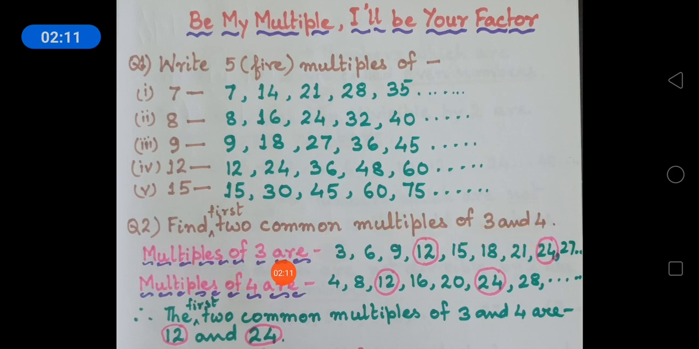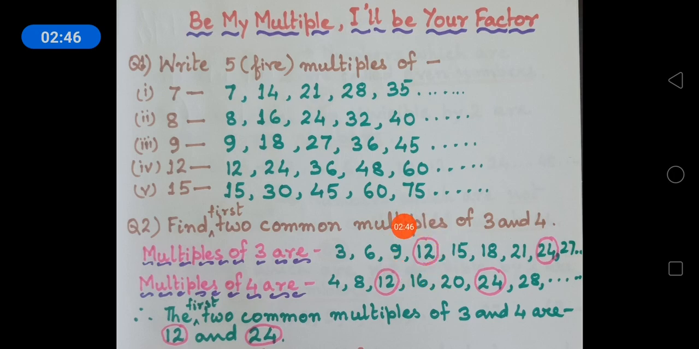So multiples of 3 are 3, 6, 9, 12, 15, 18, 21, 24, 27. You have to remember the multiplication table. Okay. So from the table only you can write the multiples. Then multiples of 4 are 4, 8, 12, 16, 20, 24, 28 and so on. So as we have to find the first two common multiples, so I have put